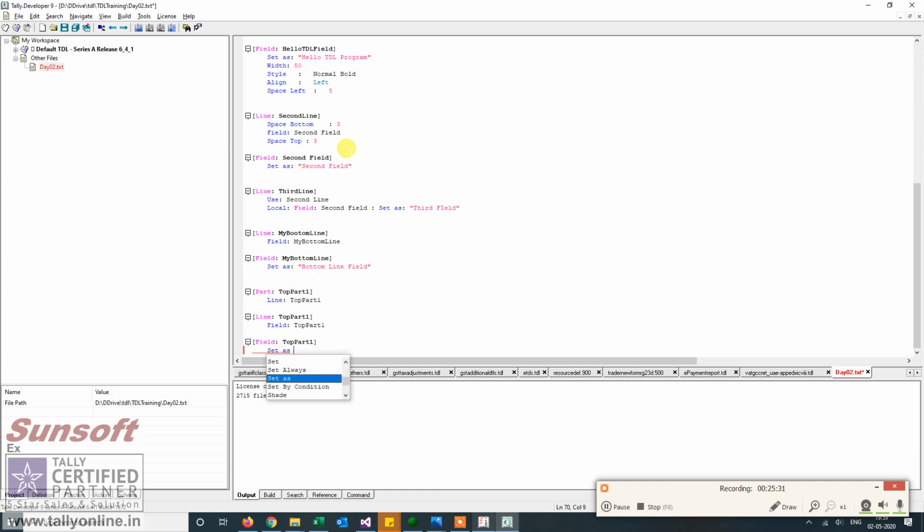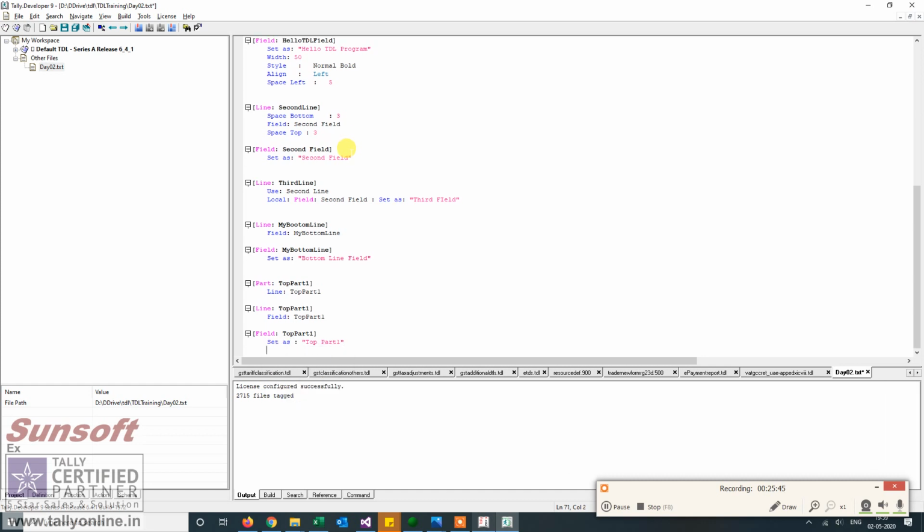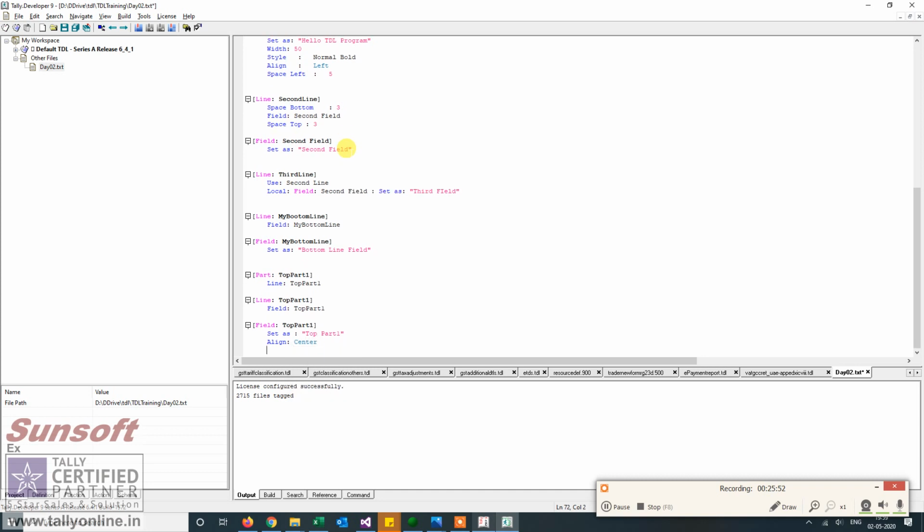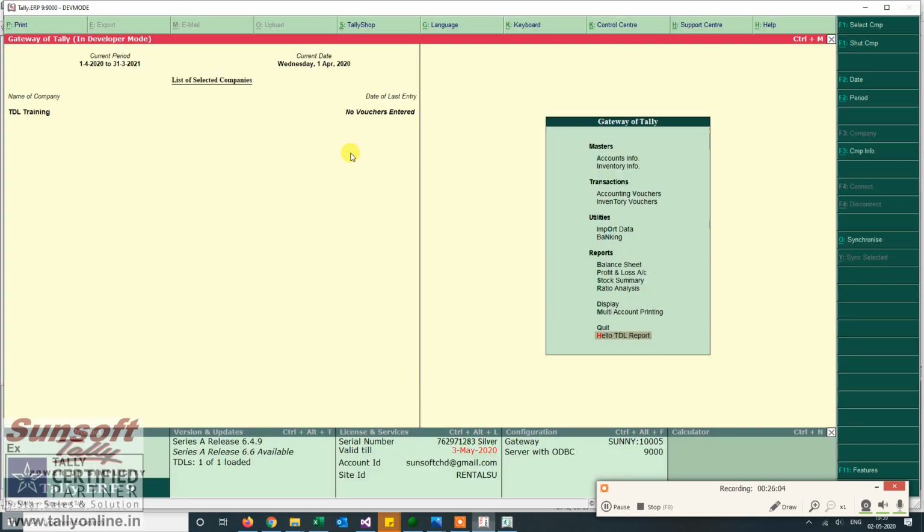Now here I set this as my top part, so it will always remain on the top, and I align it as center and give its width. Now instead of a fixed 50, I give it as 50% of the page. So whatever is the size of the screen, it will be 50% of that.